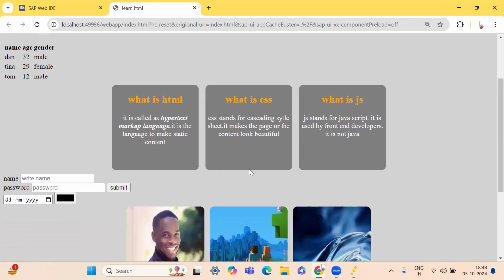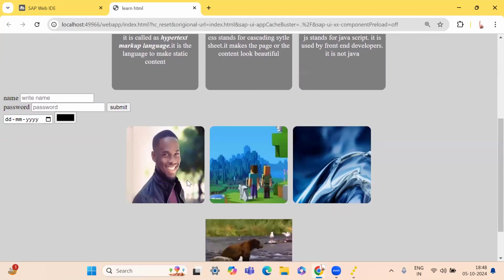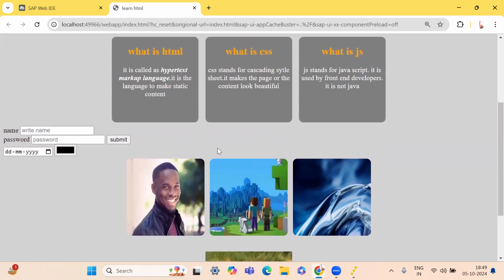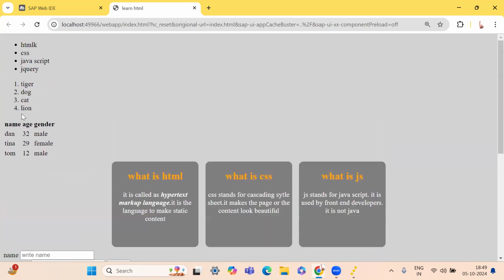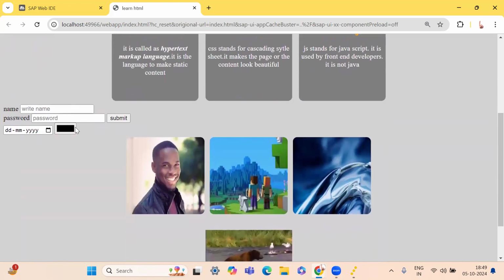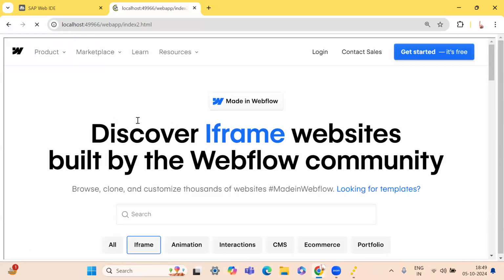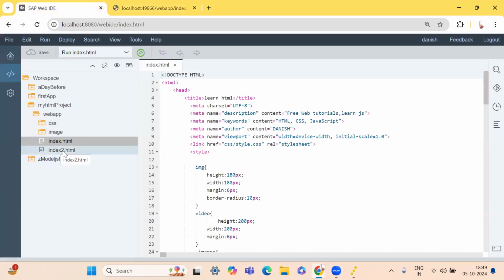And if we scroll down a little bit, we can see that there are pictures and videos, rather one video only. And we have got this ordered list and a table and those things, right? And now we also have a click me over here. So when we click on this particular thing, then we are taken to another page, that is this page,